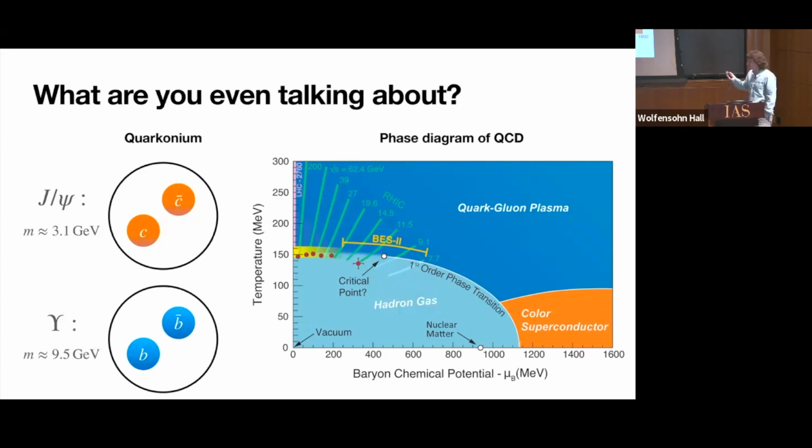We want to understand what's happening up here, because the quark-gluon plasma is a state in which we have deconfined color matter. So we would like to know how to probe its properties and what questions we can ask about it. One question that we can ask is to put these bound states into the high temperature phase and ask what their dynamics is. So, let's do that.